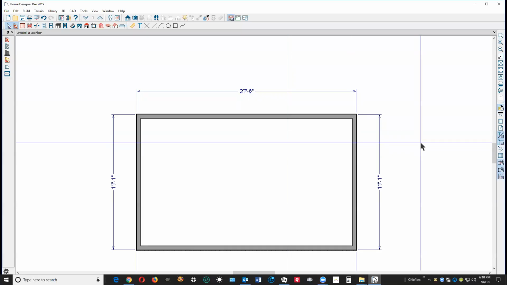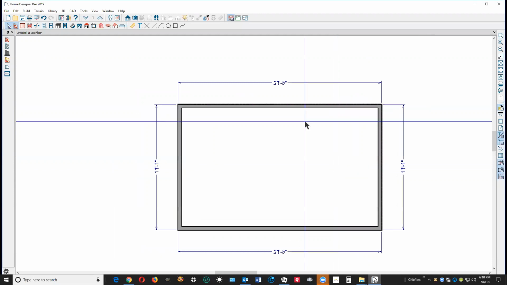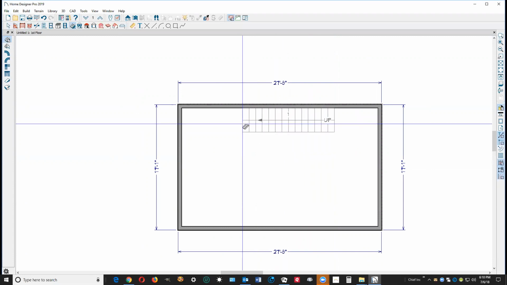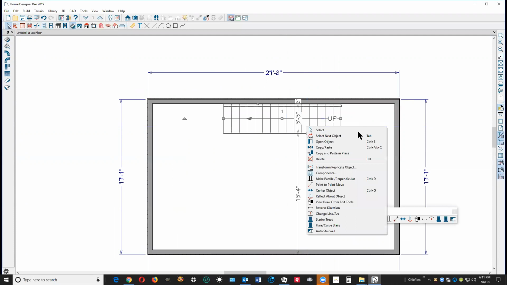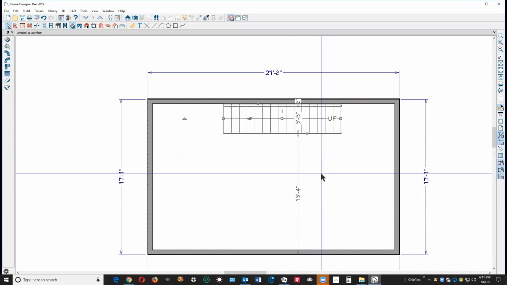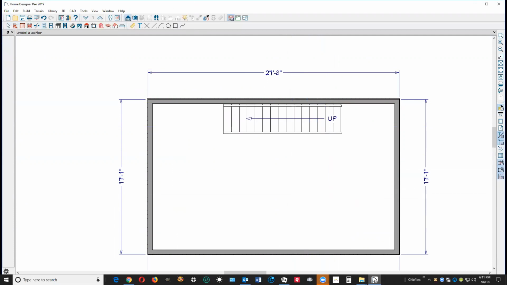Okay, I have my copy of Home Designer Pro 2019. I don't have 2018 currently. Anyway, it should work the same. I'm going to go here to the Stair tool, and we'll just create a stair. I'm going to click on the stair, and then in the contextual menu, I'm going to select Auto Stairwell. And what that does is it